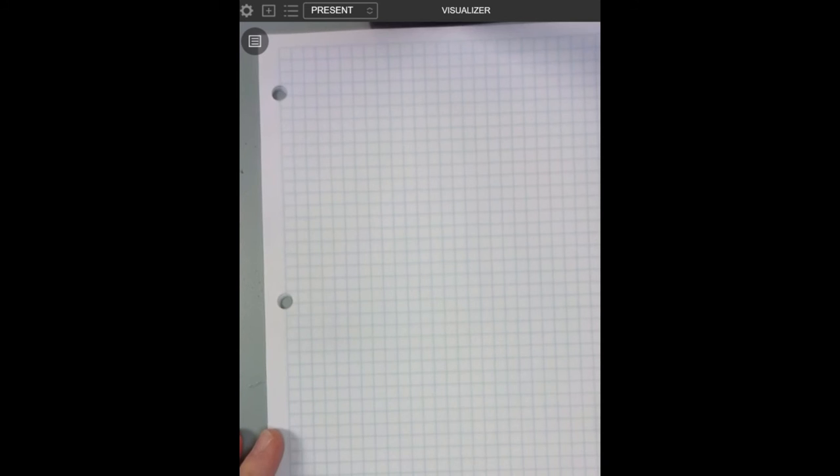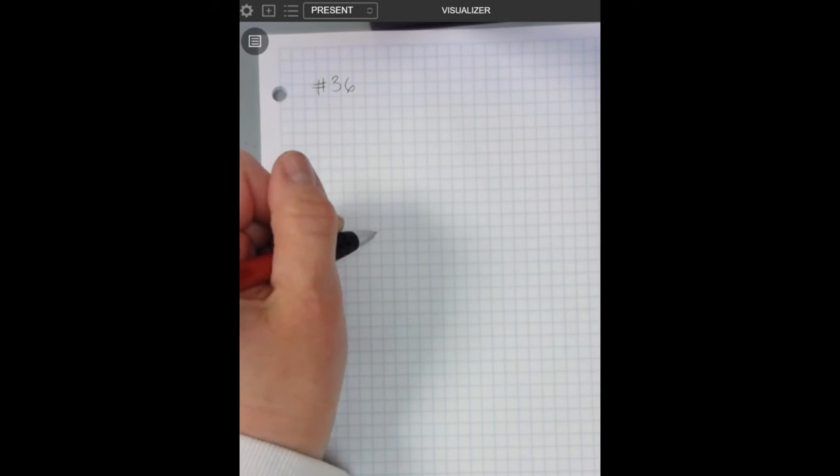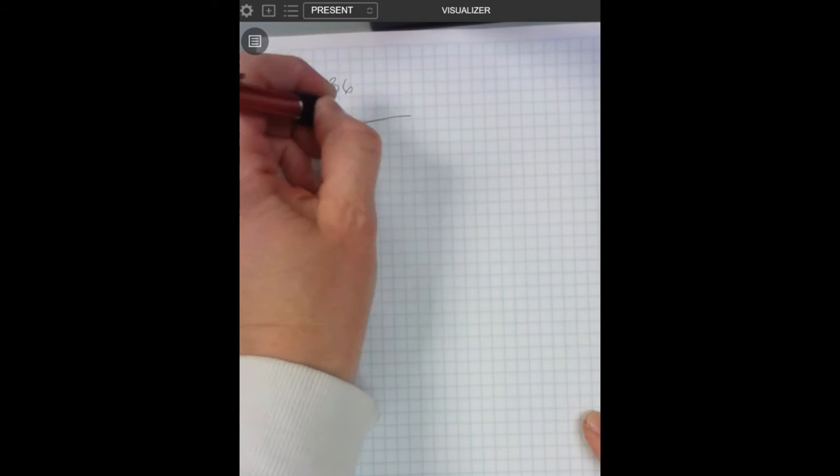Okay, students, I've had requests for explanation for problems 36 and 37. This will probably have to be two separate videos, but each video will be me explaining how to do the problem. So for 36, we have a block hanging from a ceiling by a massless rope,